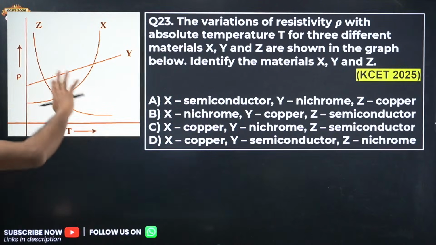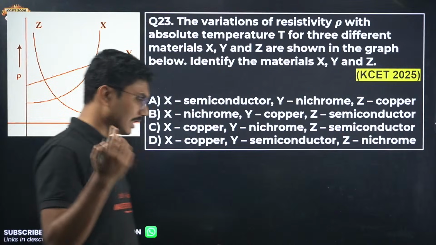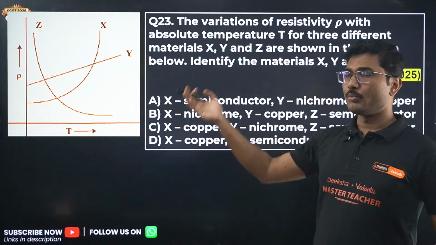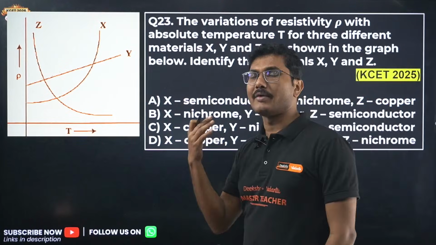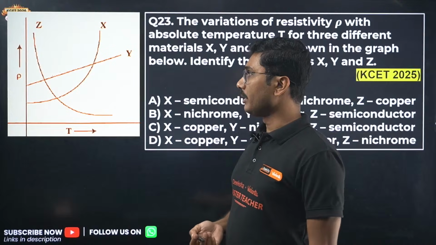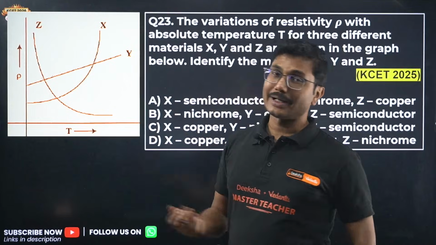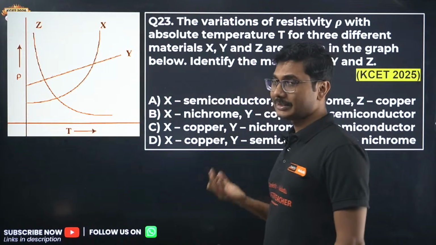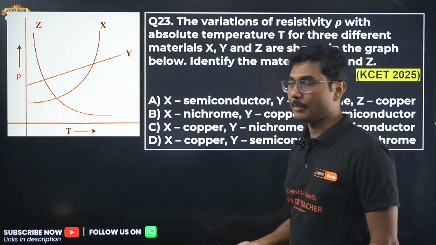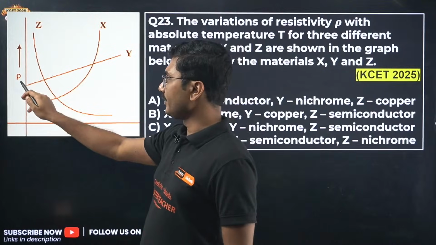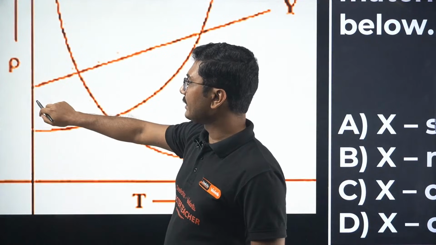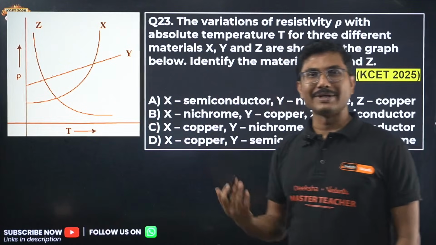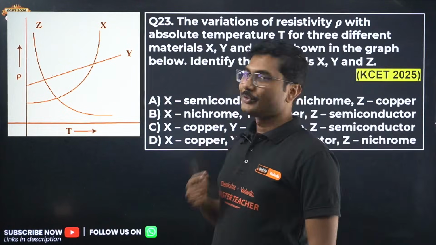So basically we have 3 materials. One is a conductor, one is a semiconductor, one is a nichrome, which is an alloy. Okay, alloys generally have a constant resistivity. Semiconductors resistivity decreases with temperature, and for conductors like copper, resistivity increases with temperature. Here we have resistivity. Okay, very, very careful. Next year maybe the same question will be asked with conductivity. The graphs will be completely changed. Okay, so you have to be careful.